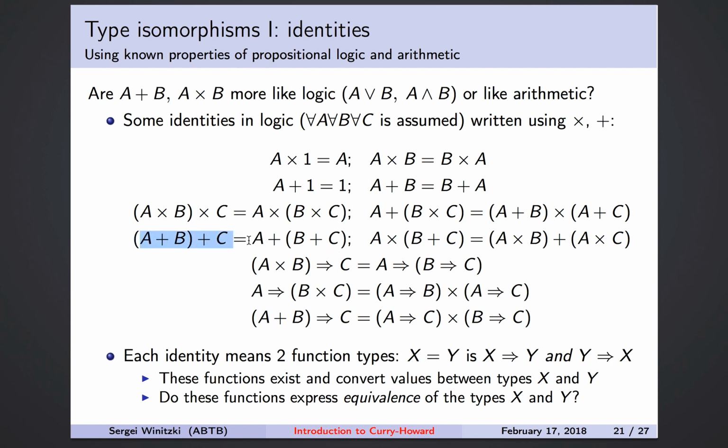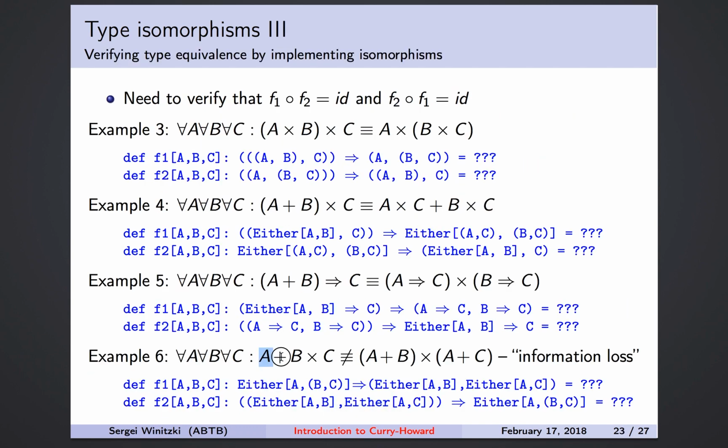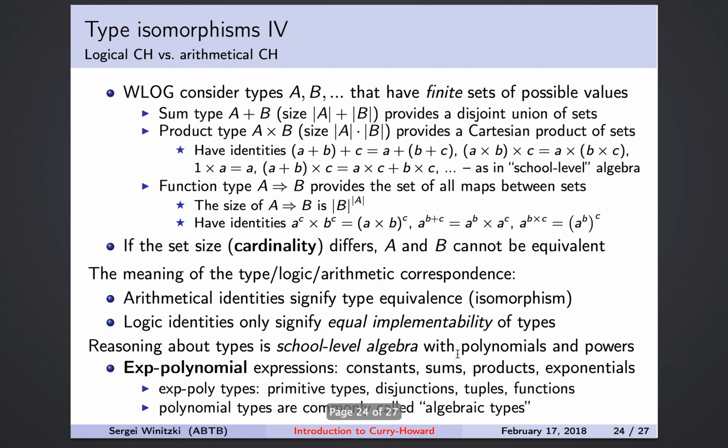I can see right away that these two are isomorphic types, or that these two are isomorphic types. Because I'm used to looking at school algebra, it's very obvious then that this is not an isomorphism of types, because this doesn't make sense in the school algebra. So reasoning about isomorphic types is basically school-level algebra involving polynomials and powers. So if you are familiar with all these identities, as you should be, it will be very easy for you to reason about what types are equivalent, as long as all these types